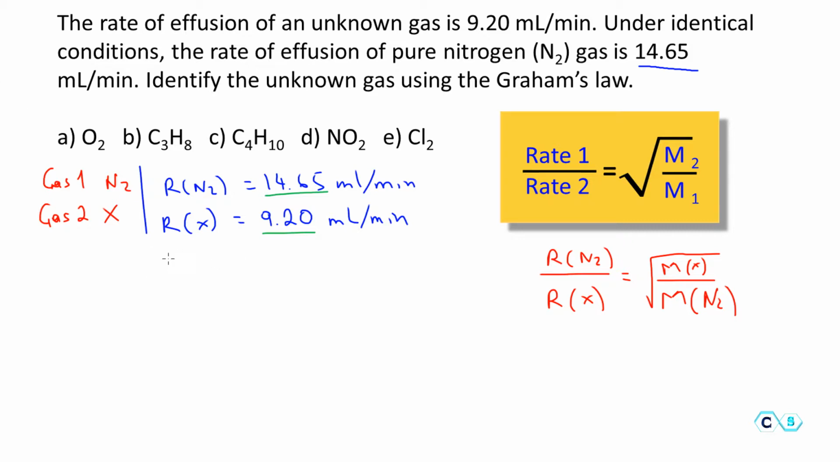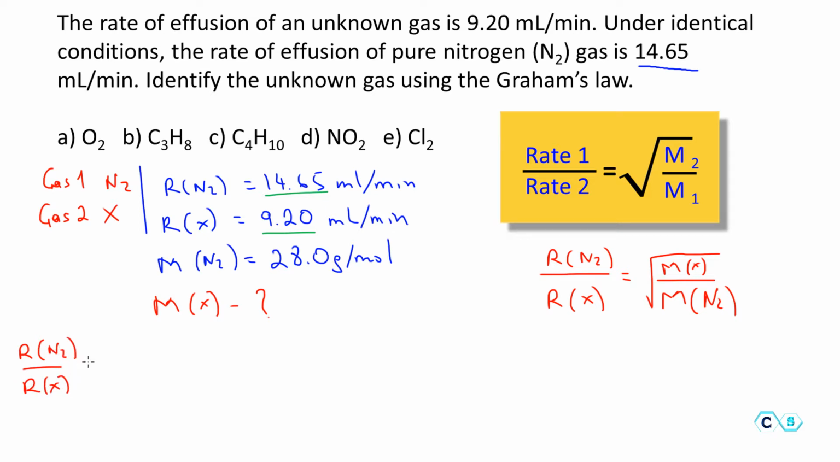So let's continue. We also have the molar mass of the nitrogen, which is 28.0 grams per mole, and we're trying to find the molar mass of this gas, Mx, the unknown. What can we do here? First let's do the ratio. The ratio of these two, R1, or R of the nitrogen over the R of the unknown, is equal to